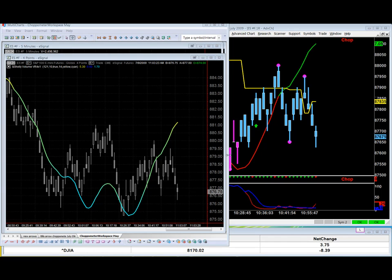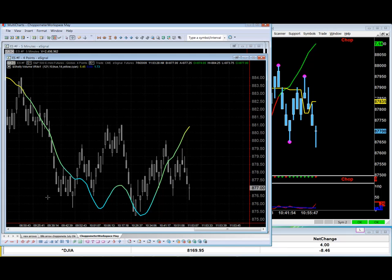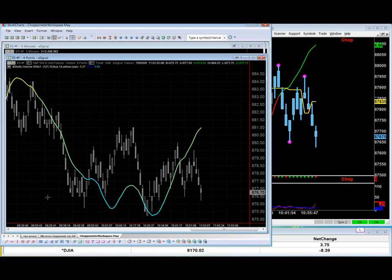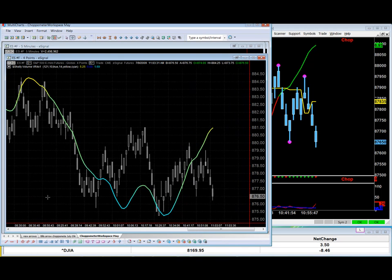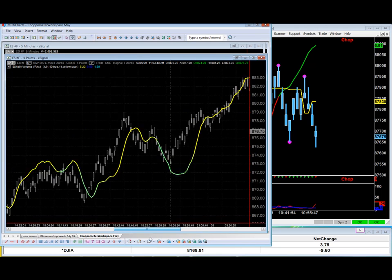Some other attributes of Shelly's volume 4x1 are that the major thing is the volume bias for me. And some people like to use Shelly's VR4x1 for divergences. You can see that volume was heading up on this double top, and then the second top you did see this divergence, which was very nice. In some cases, you can see